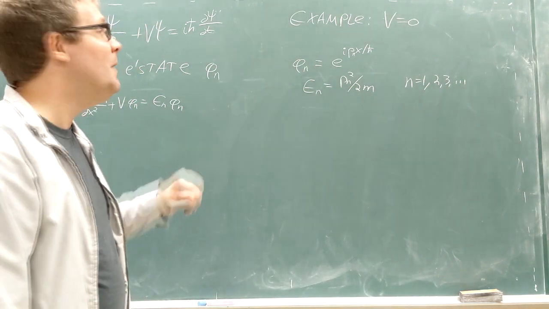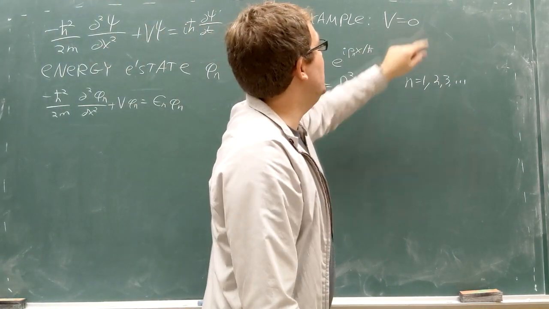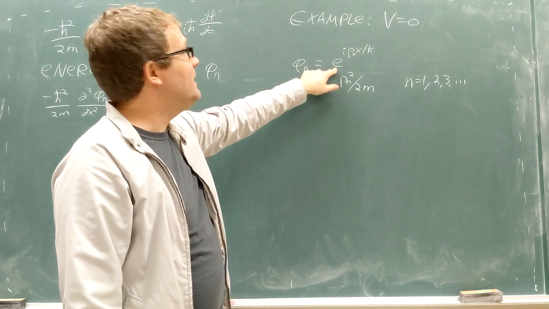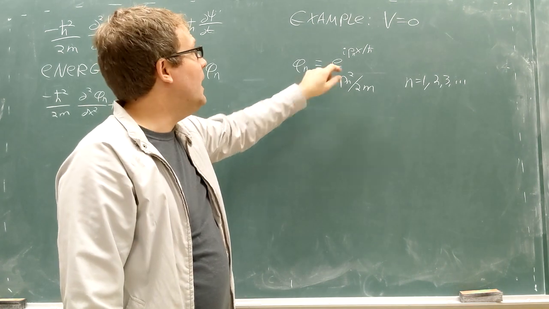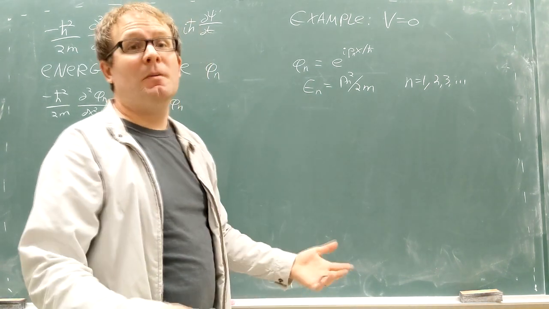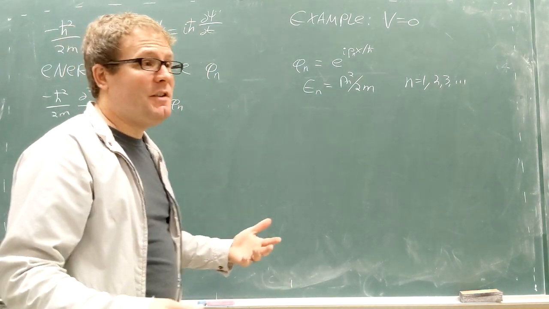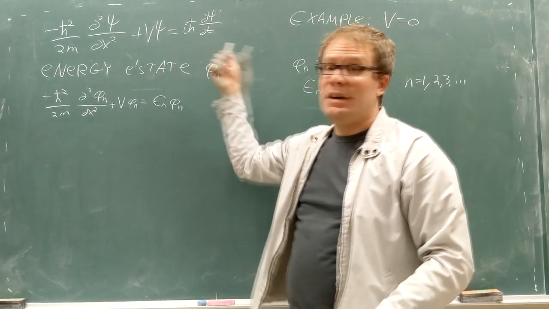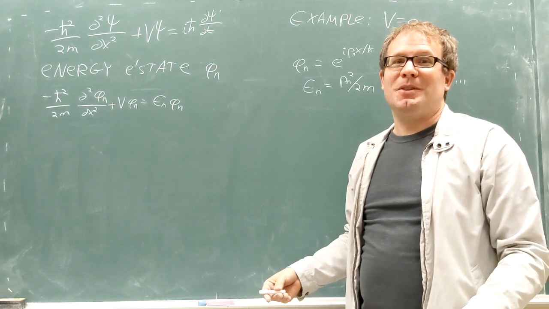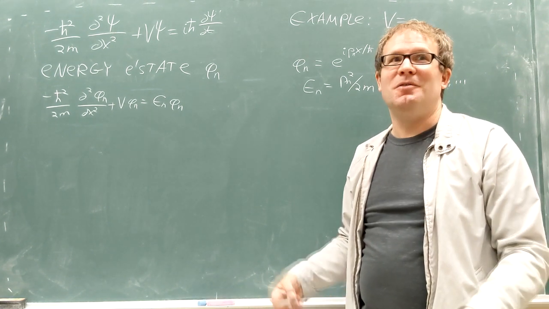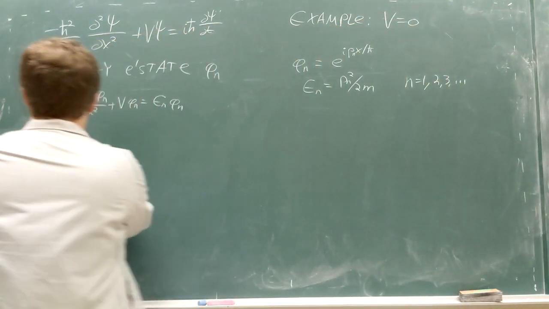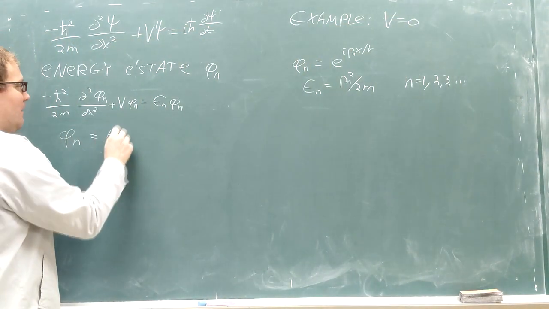As an example, last time we looked at when you have zero potential energy, so when you have a flat landscape, you end up with a complex exponential for your eigenstate with an energy eigenvalue of p squared over 2m. Pretty straightforward to get, and basically, in principle, for any V, you can end up with these energy eigenstates, although as we saw in the first couple episodes, it's not always possible to do that exactly, so we have to resort to numerical techniques. But what I want to show you today is how these phi n's can become building blocks